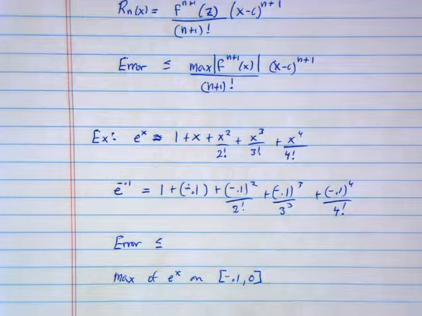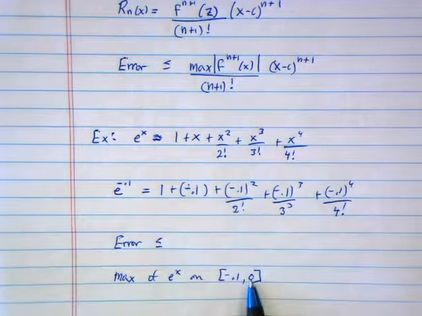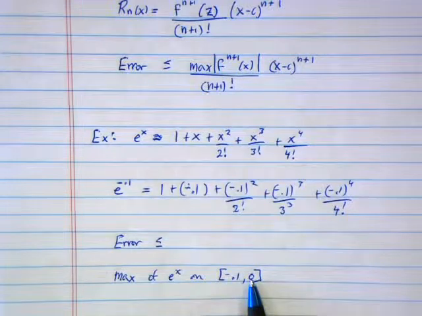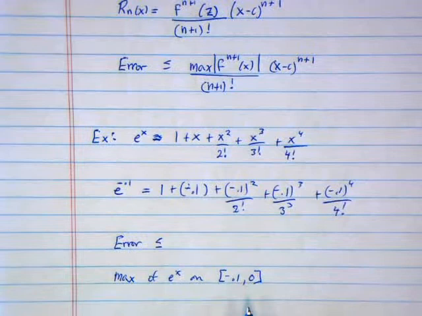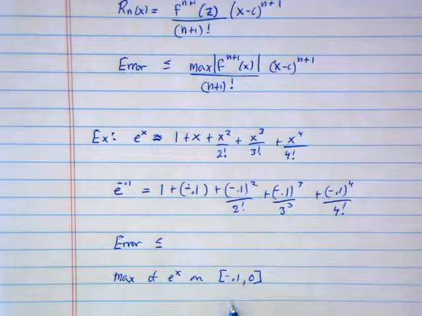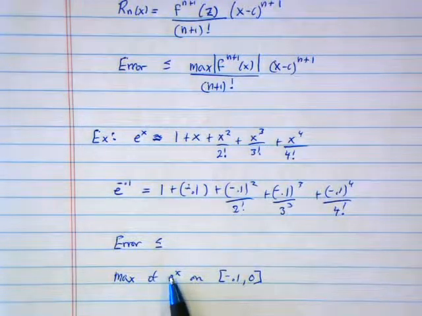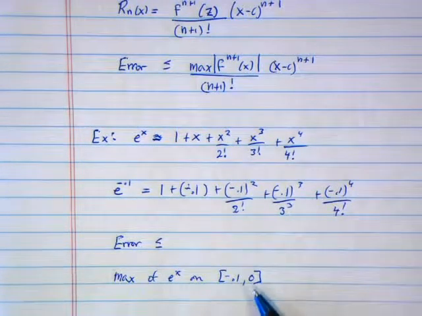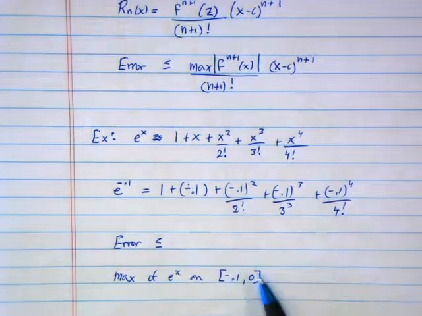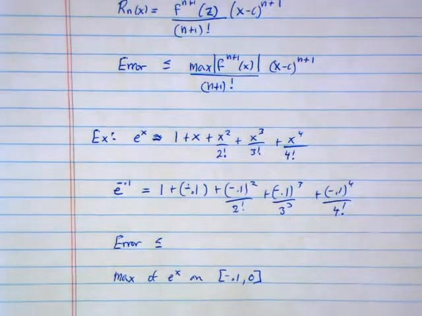Not 0. In fact, e to the x can never be 0. It's always a positive number. Oh, did you mean plug in 0? Yeah, the maximum would happen when x equals 0. How come? What happens when you take e and you plug in negative numbers? You get smaller. How come? Well, yeah, negative numbers force you to drop the e down to the bottom, so you're getting fractions. So the maximum value on the interval negative 0.1 to 0 is e to the 0, which is 1,